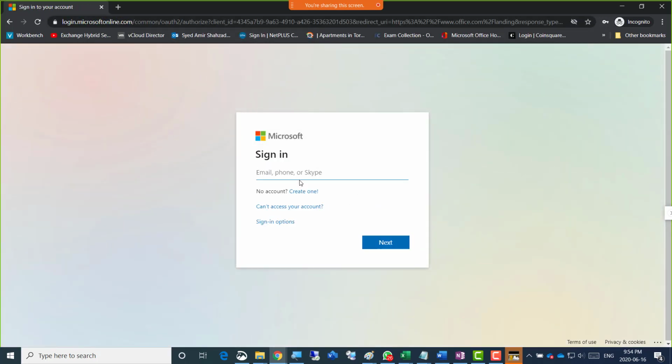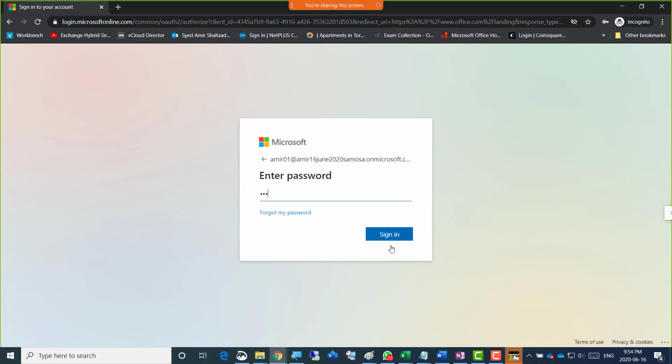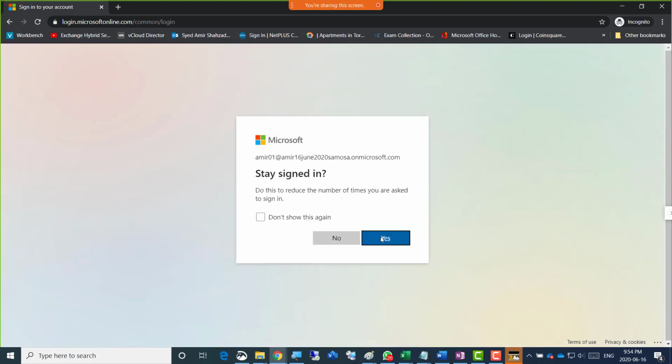When you have a license for Exchange Plan 2, you already have the license for everything inside Exchange, and the shared mailbox is inside Exchange.